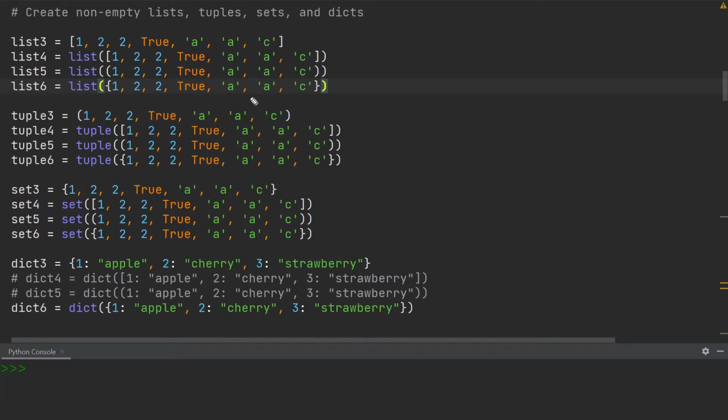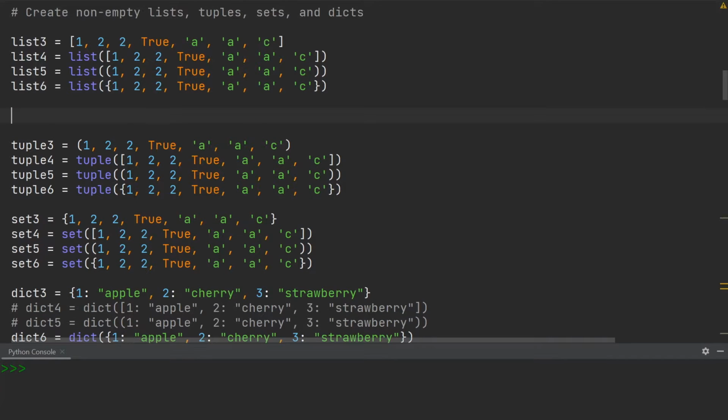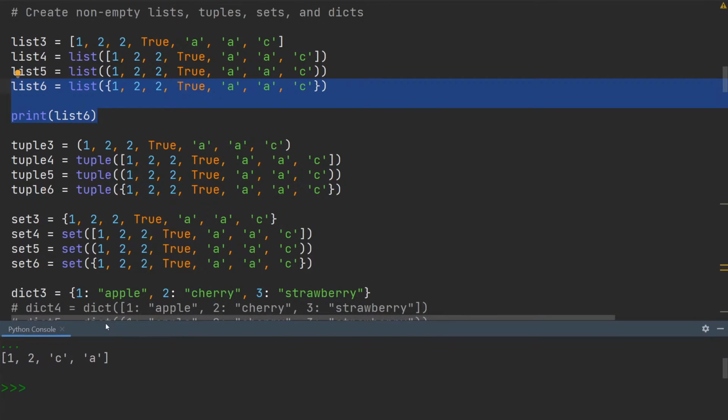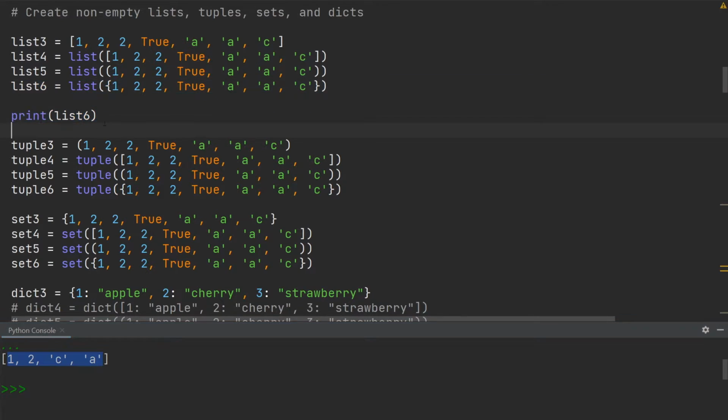So let me go ahead and show you that by briefly printing the result of list 6. You will be able to see that we get in the console output the values 1, 2, C, and A, and that is exactly what I just predicted would happen. So the true is deleted, one of the 2's is deleted, and the A is deleted. And that is also going to happen